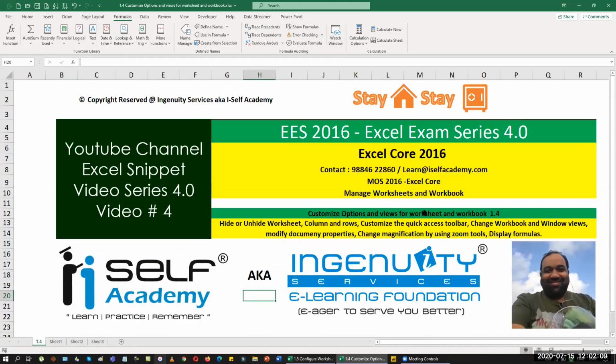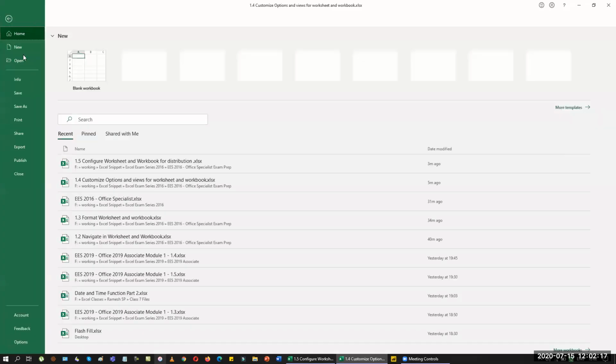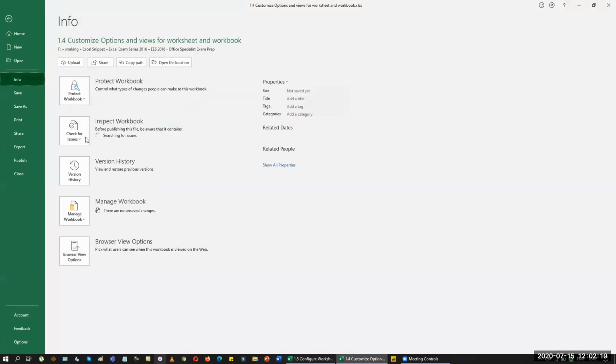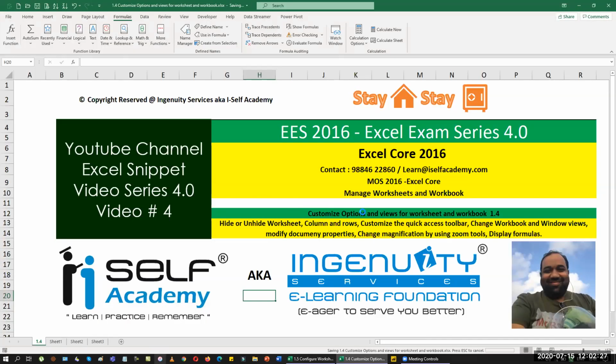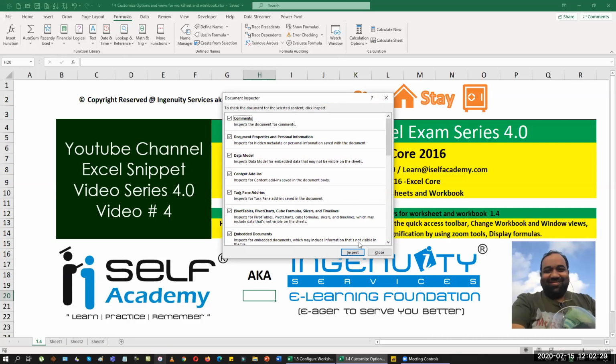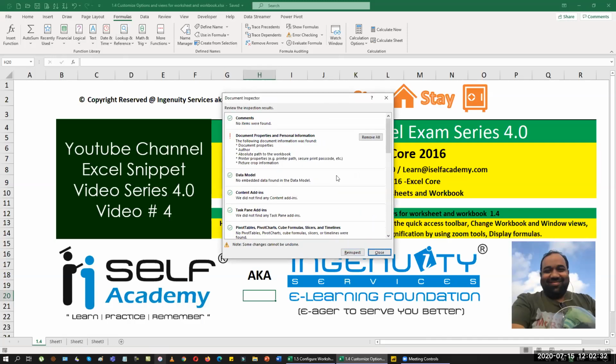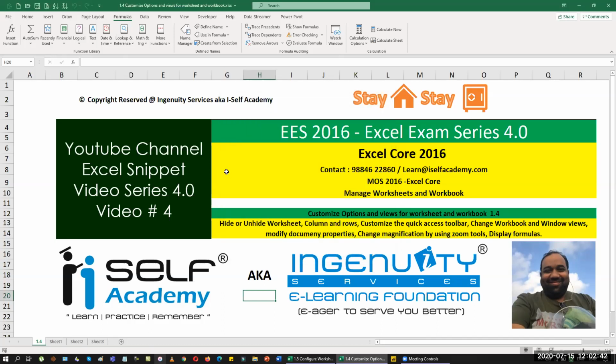Other than that, we can even play around with our document property. This video is already done in 2019, so I'm going to do it again. Let me go back to my file info, and then I'm going to select inspect the issues that we have in the document. So inspect document, which allows you to see the documents that we have here, and I can just inspect them. When I inspect them, the data comes in here, and I can remove this. Generally, this is what they ask you to remove, the document property and the personal information. So I'm going to just say remove it and then close it. And that is how you play around with the document properties here.